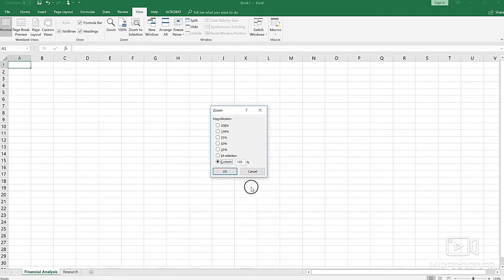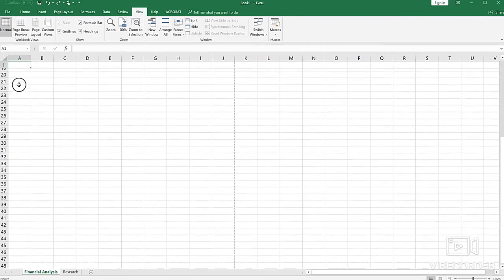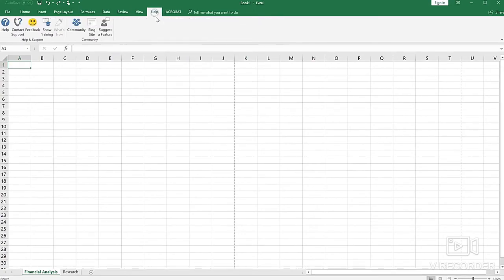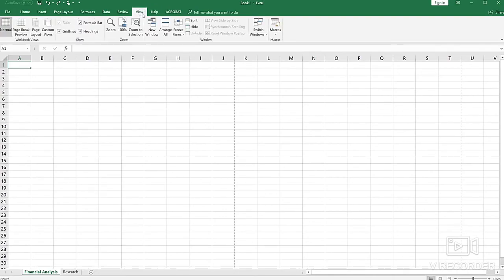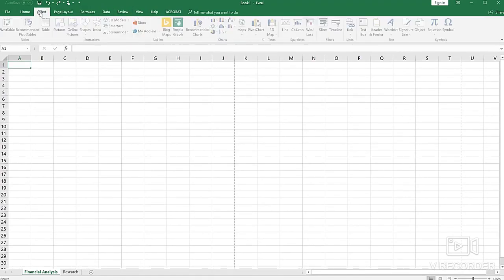You can change the zoom. So right now we're showing this in the course at 120% zoom, but you can select or do a custom zoom. You can freeze panes, which means certain parts of the model are frozen at the top. So we've got the top row frozen here, and you can always see it no matter where you scroll. Now we can unfreeze it here. That can be extremely useful as well. Help, we won't be going into that, but that is where you can get help, although we recommend staying away from it and using the resources in this course as much more effective ways to get help. So that was a very quick overview of all of the most important sections of the